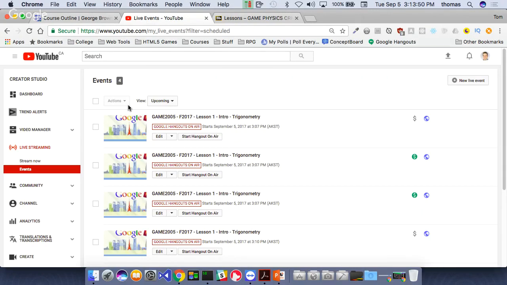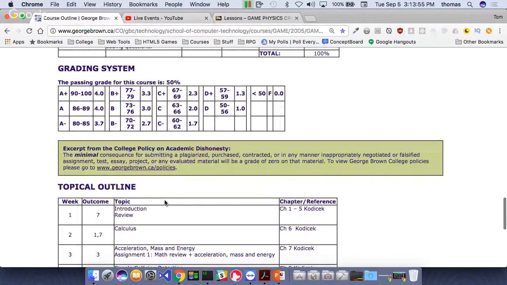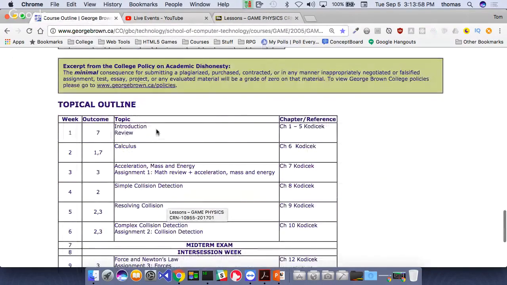All right, so today, or week one, it says introduction and review, and it also talks about chapters 1 to 5 from the book. That's insane. I don't know if you've ever looked at the book. Anyone have the book at all or have access? Holy crap, right? If you have access to the book, you notice that it's talking about number systems in the first couple chapters: how to write numbers, binary numbers, hexadecimal. We're going to talk about that a little bit today, but not very much. And then it goes into triangles and trigonometry. That's where I want to focus my time today more than anything else.